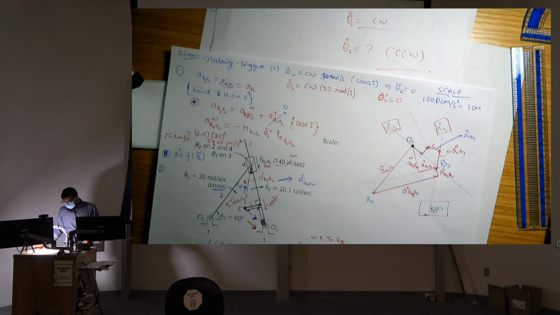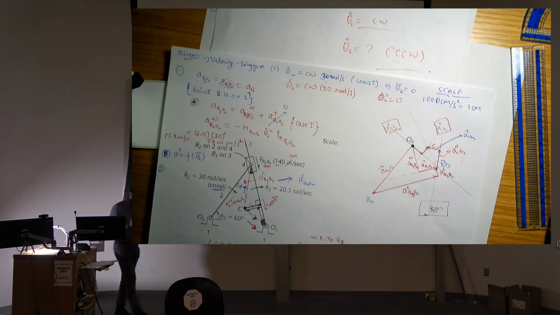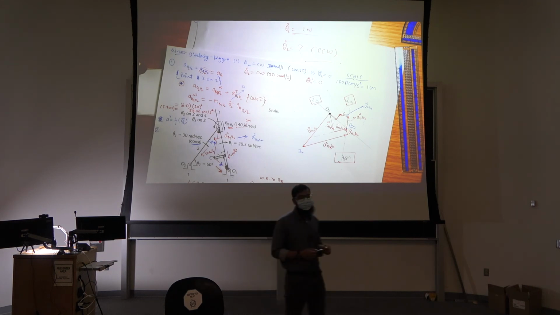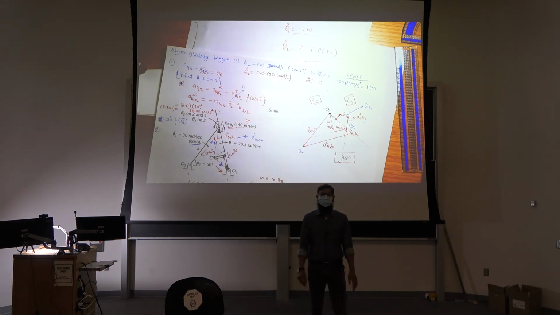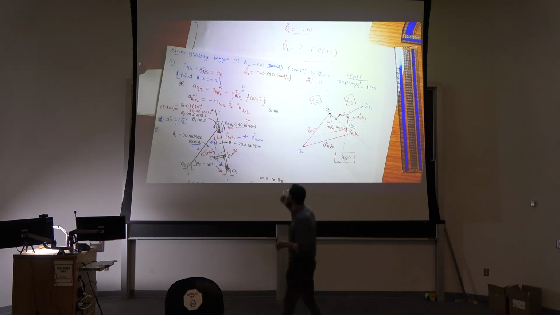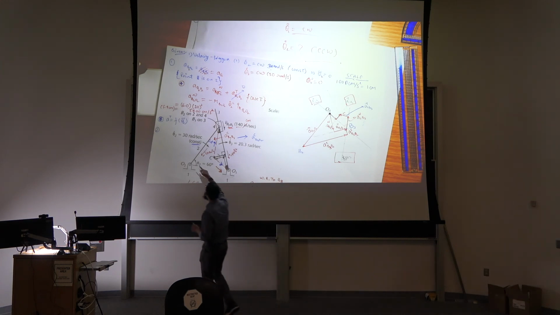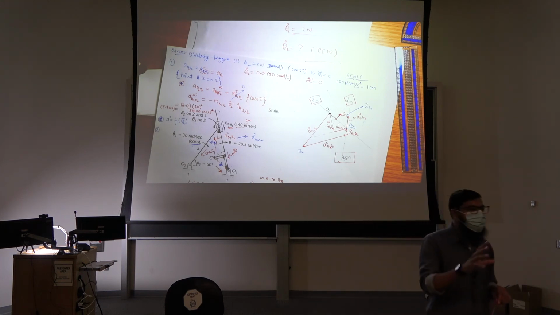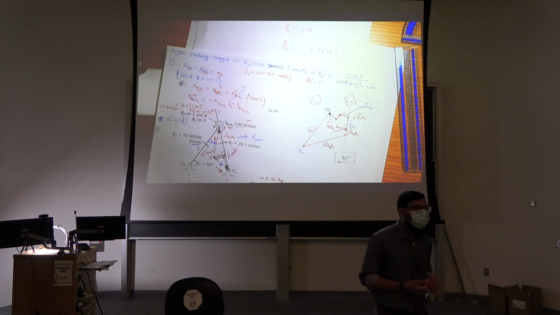If we reverse the input direction, what do you think would happen to the acceleration polygon? Think about what happened to the velocity polygon in the last lecture, when we drew from scratch and changed the input direction. So what do you think it would do to the acceleration polygon? Right now it is constant clockwise. If we move it counterclockwise, what would happen? Yes, the whole acceleration polygon, not just one point.